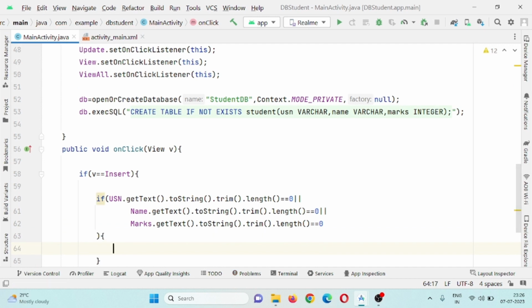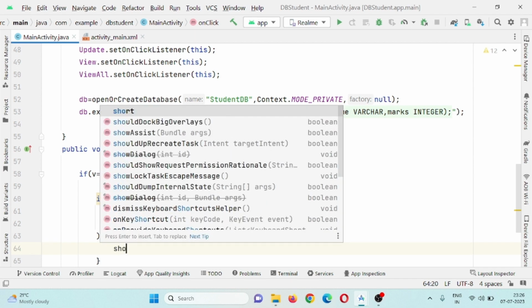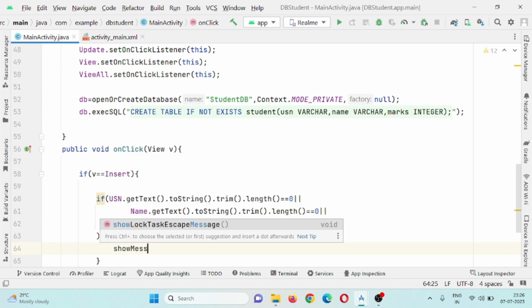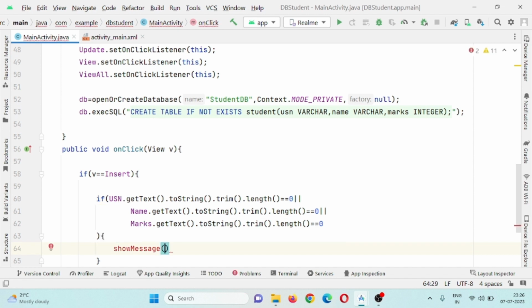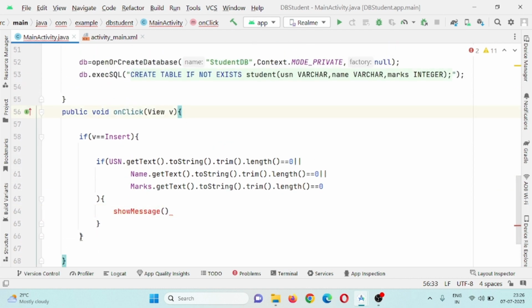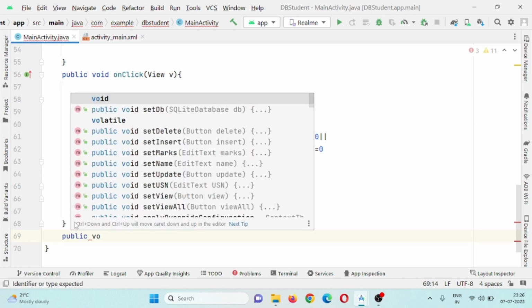If any of the fields is empty, we have to show a message. Show message is a user-defined method. Let me define the user-defined method called show message. We are supposed to define it after the onClick method. Public, it does not return anything. Void